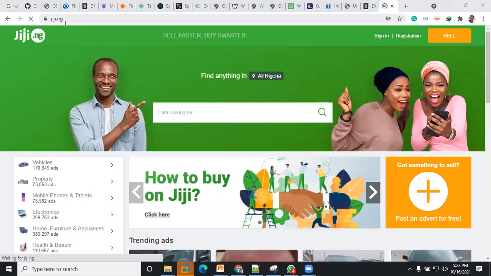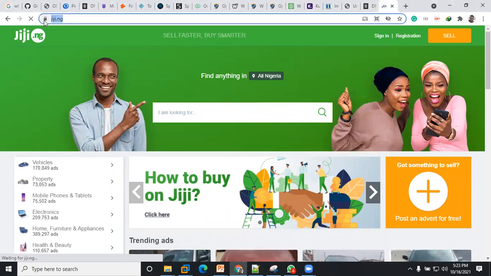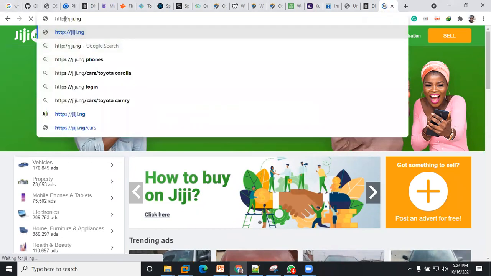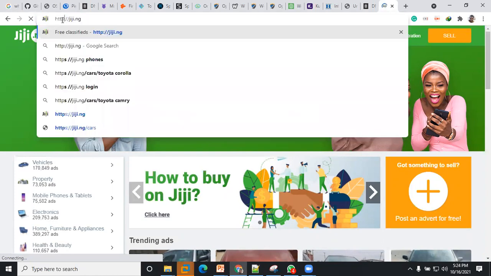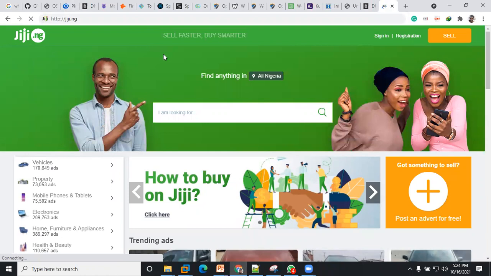Okay, so this is GG, right? The first thing I normally do when it comes to a website, you can see that it's using HTTPS, right? So most times I normally try to remove the S. You can see that it's still redirecting back to HTTPS. So this is a very good one. It's a very good site, because with most sites, once you try to use HTTP alone, it's not going to redirect back to HTTPS. So they've really done good work.